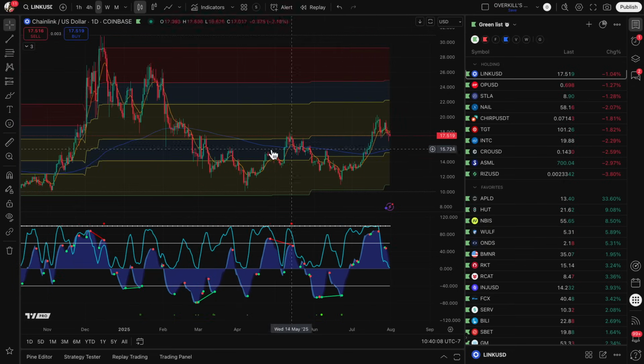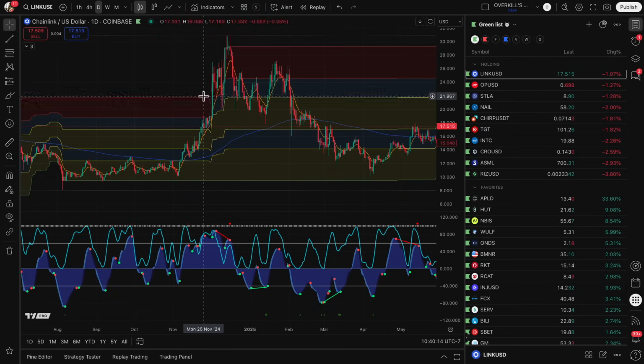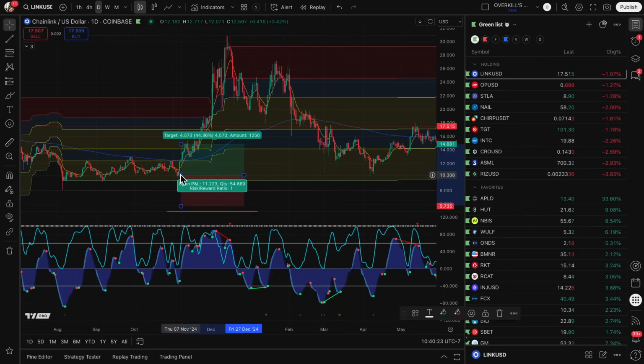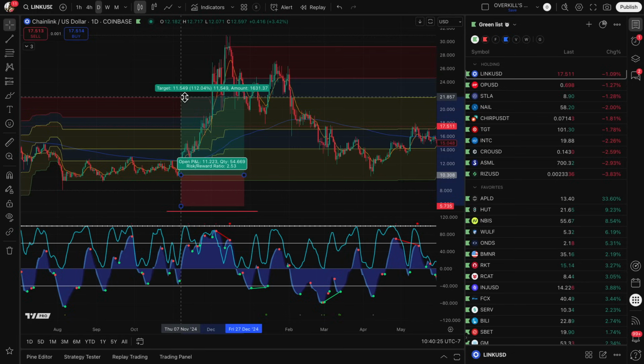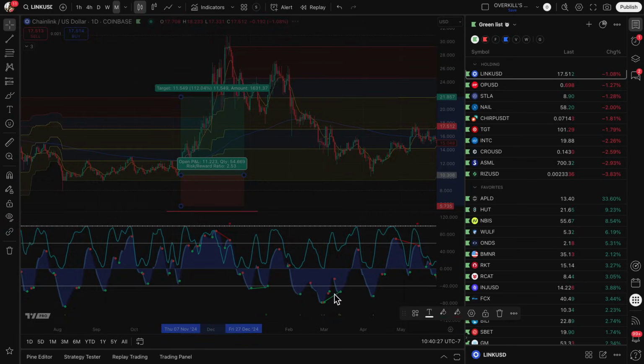But typically, price likes to top out in this area. It doesn't always call the top because, again, price can break out like Chainlink did back here and keep going. But our goal is just to catch the meat of the move. So if you were buying Chainlink with us back here at $10, back in November, off the last monthly dot, you can see Chainlink gave a monthly